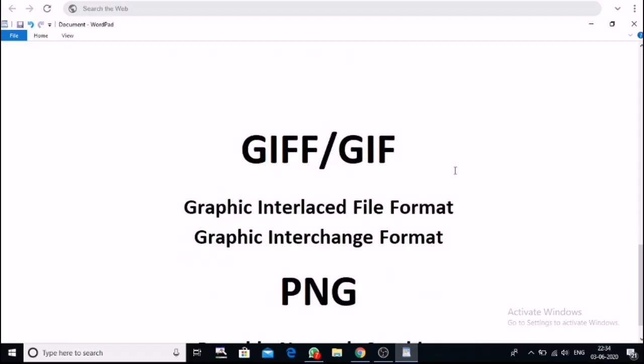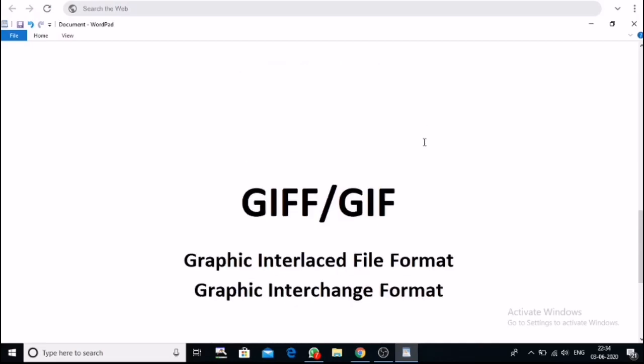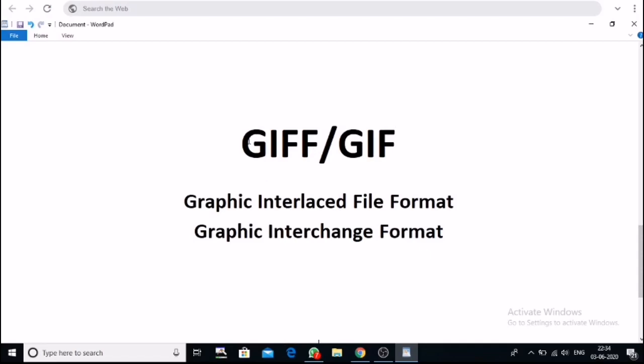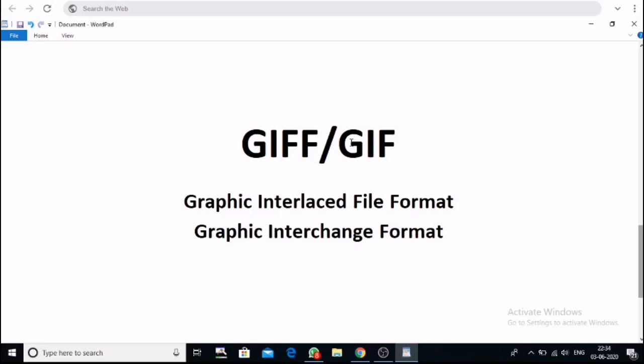Then the next one is GIF. GIF full form is Graphics Interchange Format.